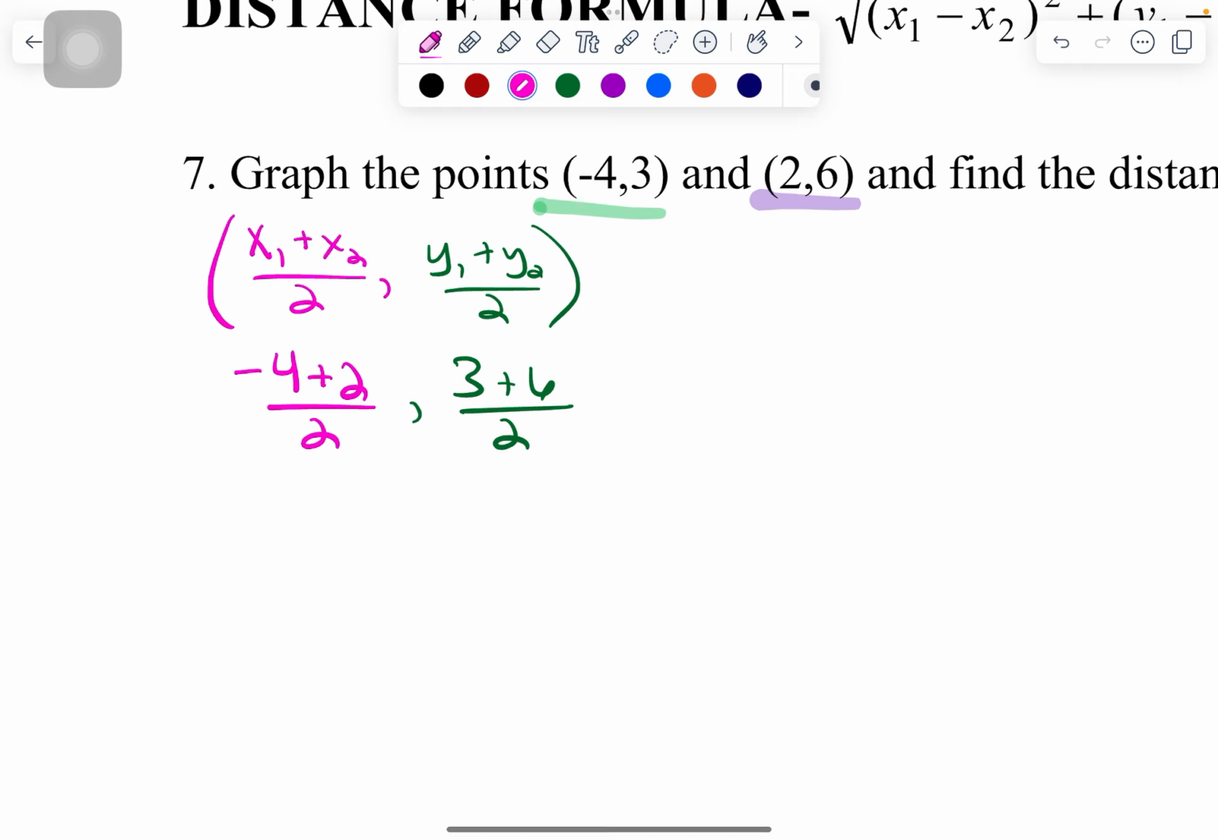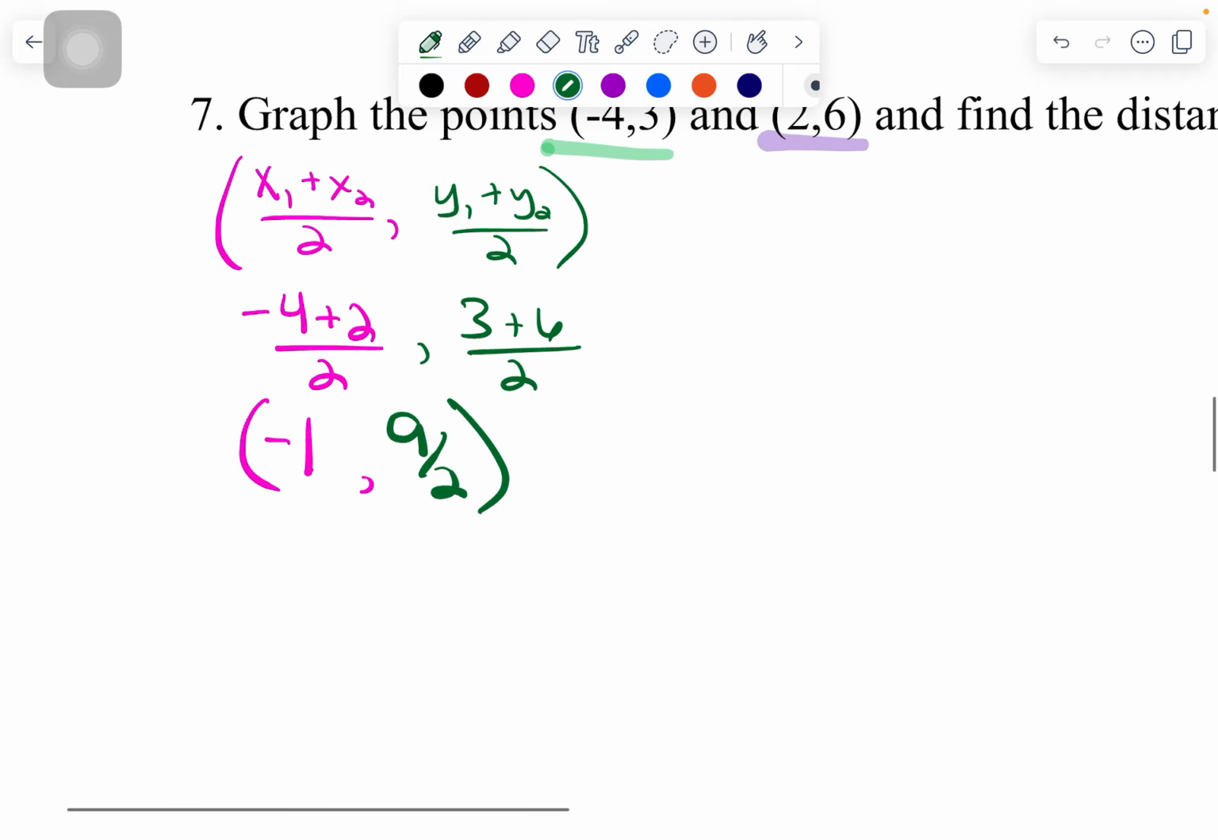So let's see, -4 plus 2 is -2, -2 over 2 is -1. And then for my y value, 3 plus 6 is 9, 9 over 2 is, well, 9 over 2. If you take $9 and divide it by 2 people, that's 4.5. All right. So your ordered pair is -1, 9 halves, which is the equivalent of -1, 4.5